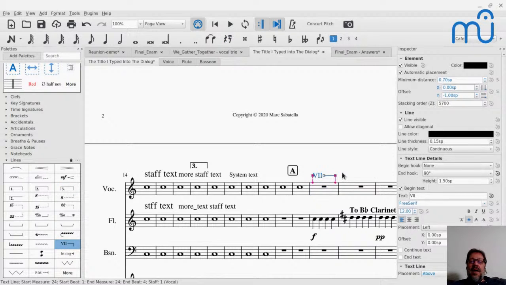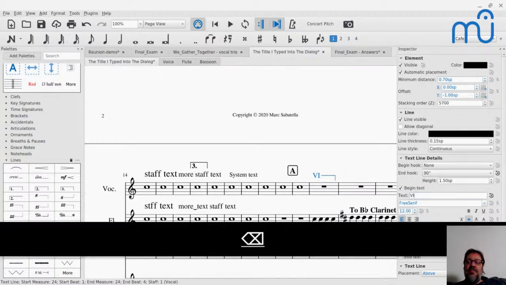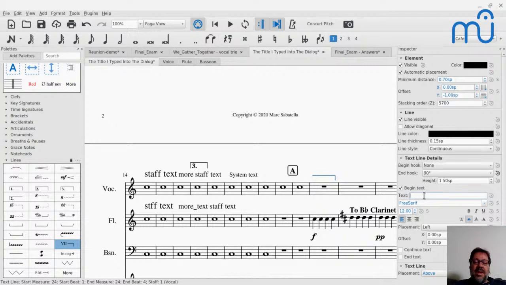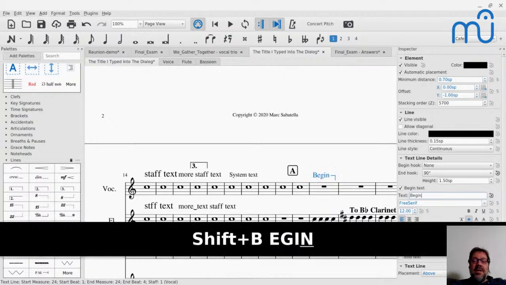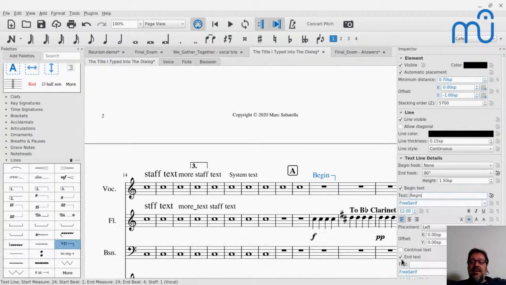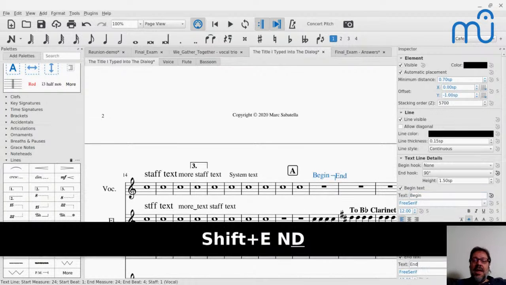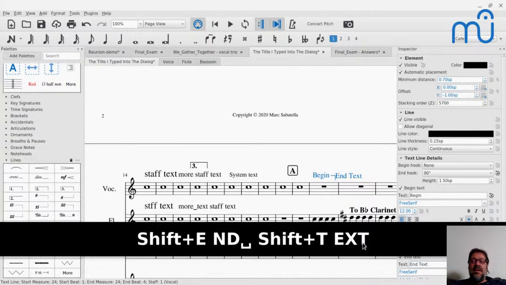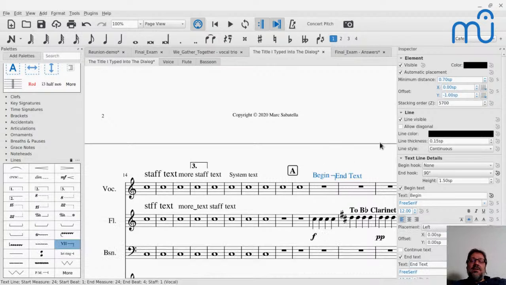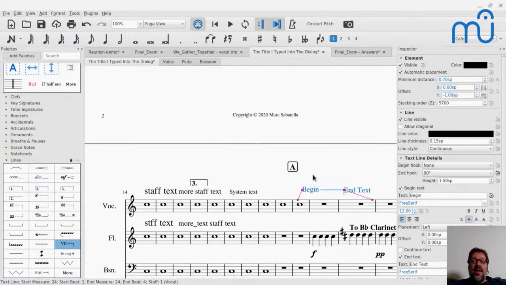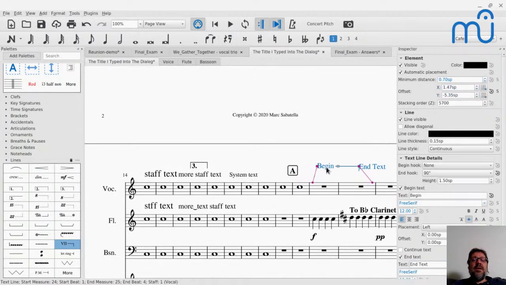If I click the line, then you'll see in the inspector here are all the fields where you can change what that text is. You might not be able to see what I'm doing here, but at the lower right, there's a field for begin text. And then there's also a field for the end text. I can type end text into there and get the end text. So there's text that's attached to lines, and it all moves together as one big block like that.